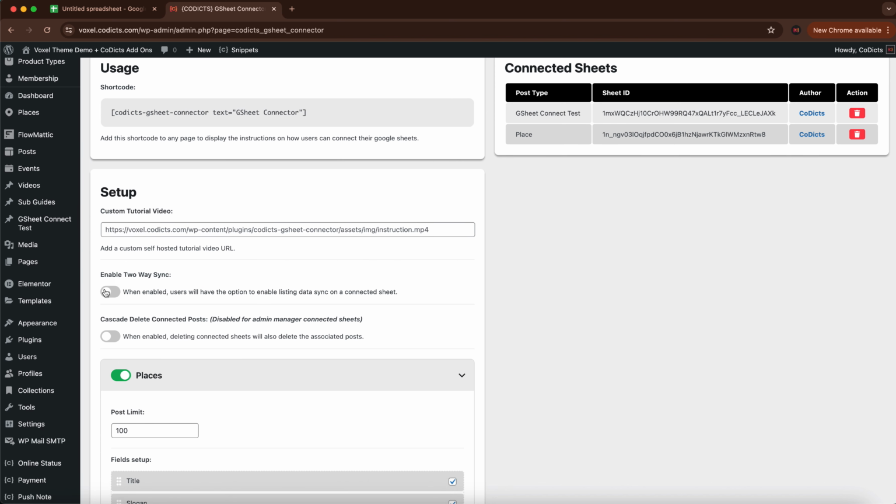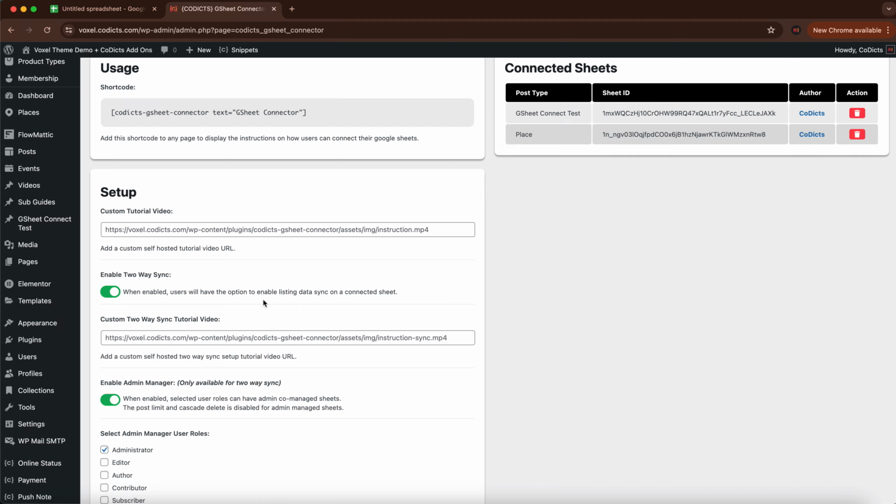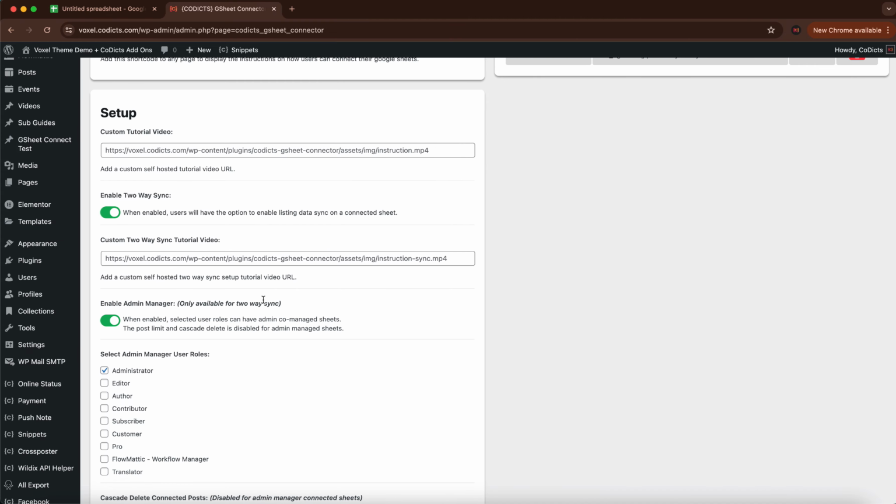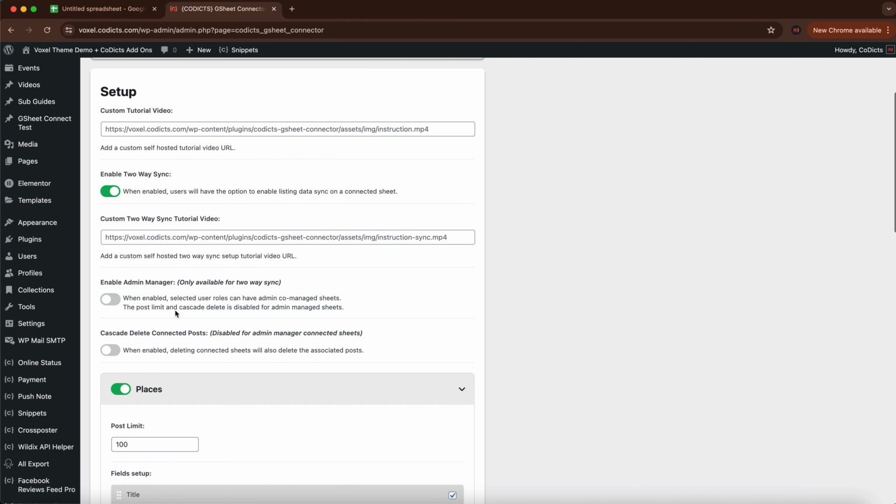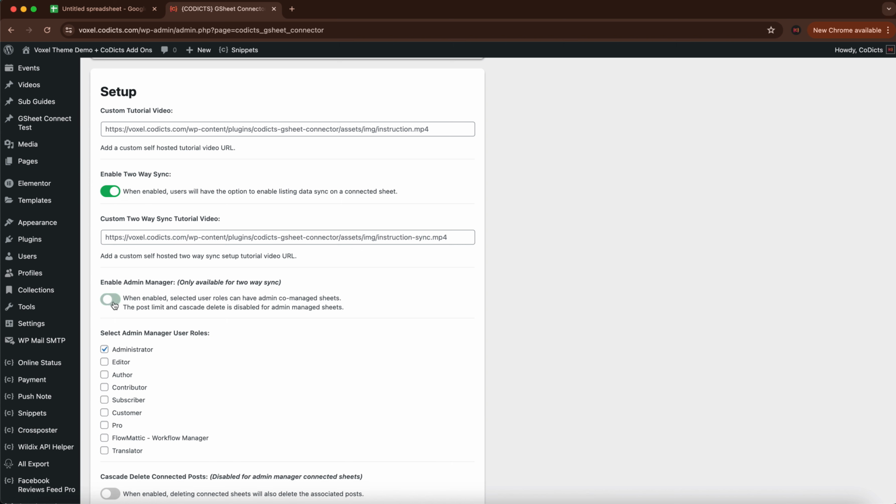If you want to enable the two-way sync so that when something happens on the website, for instance, the sheet is also going to get updated, we have the two-way sync option. Now, this is real-time two-way sync. What we also have is the option that, for instance, you may say, right, each user is going to have their own sheet to manage their products, or whatever it might be. But then you also want to have a sheet for admin, where admin can see all products and also manage from their GSheets. So to do that, you can turn this on and say which certain user roles will